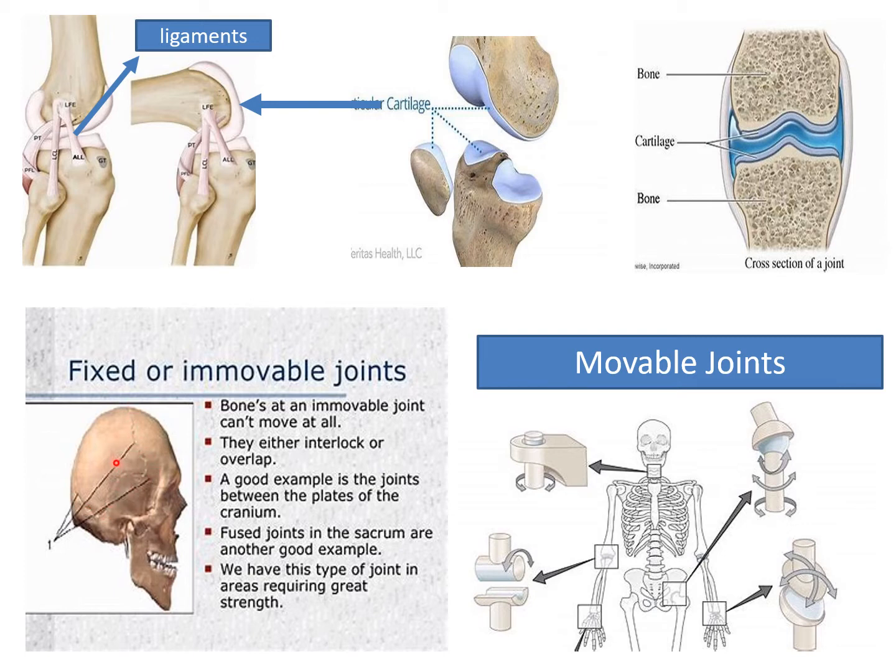Now these are movable joints. Four types of joints we will read just now. Now you can see this type of joint is found in hip girdle and shoulder girdle. This is ball and socket joint. Then in the wrist you find this kind of gliding joint. This is hinge joint in elbow, and this is pivot joint which is found in the neck, so that you can move your neck here and there on both sides. So these are four kinds of movable joints. Now we will read about them.